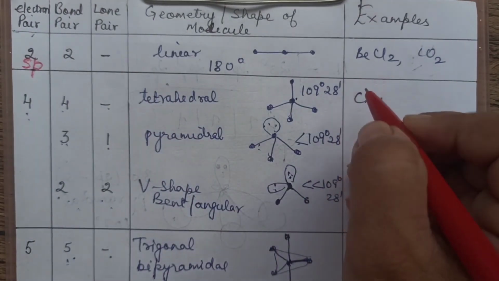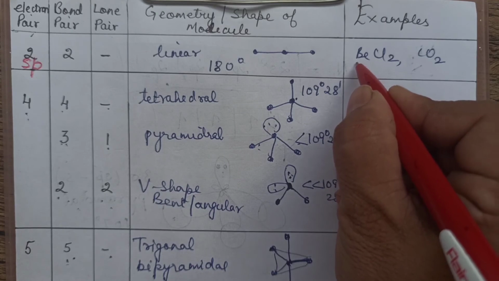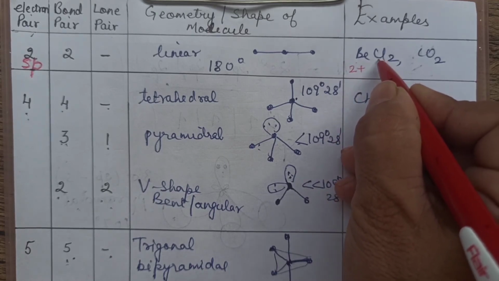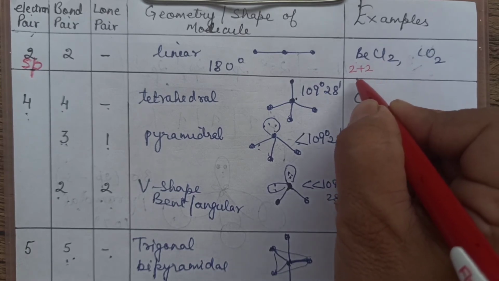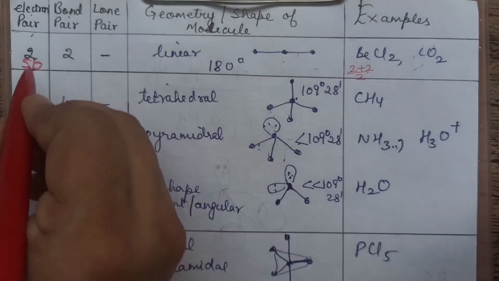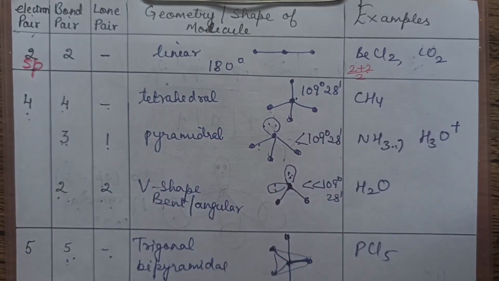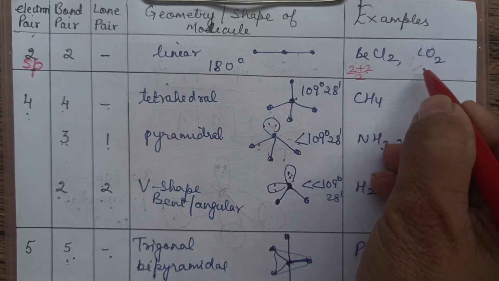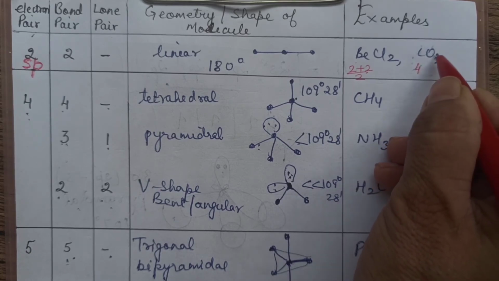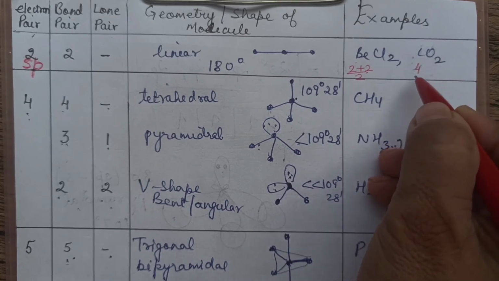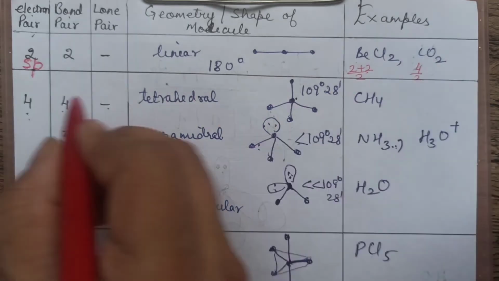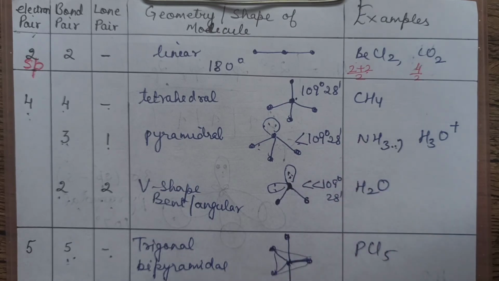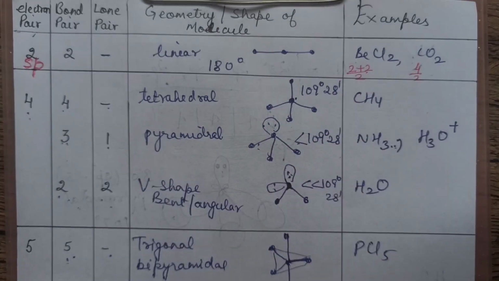Like suppose BeCl2. We know valence electrons on the central element is 2, and this is a monovalent atom, so number of surrounding atoms 2 divided by 2. You are getting 2, that means this is sp hybridization. Let us check for carbon dioxide. Number of valence electrons on carbon, you have 4. Divalent atom, you will not add the number, divided by 2. You are getting 2. This is also sp hybridization. I have written some examples here; you can apply this formula onto them and calculate.